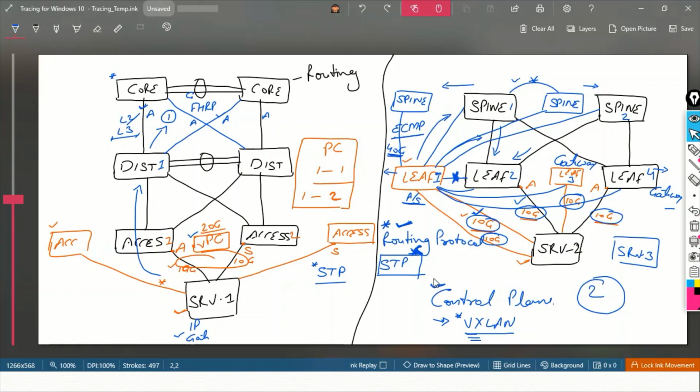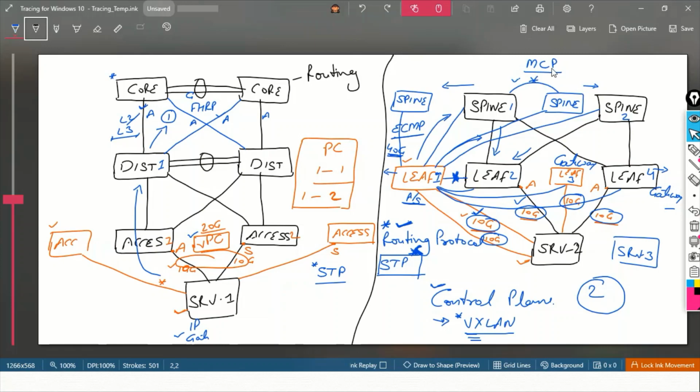But as of now, the answer to your question is that we have some control plane protocols running in between, so they are not allowing you to connect two devices of the same kind together. If you forcefully try to connect them, then we have one protocol running, which is called the Miscabling Protocol, MCP.